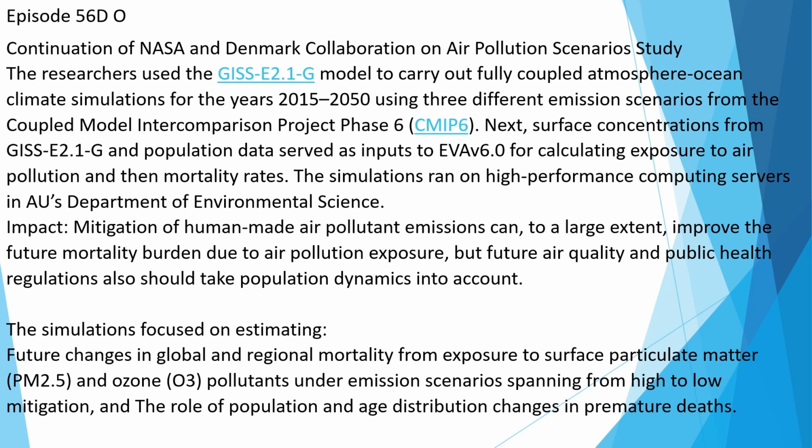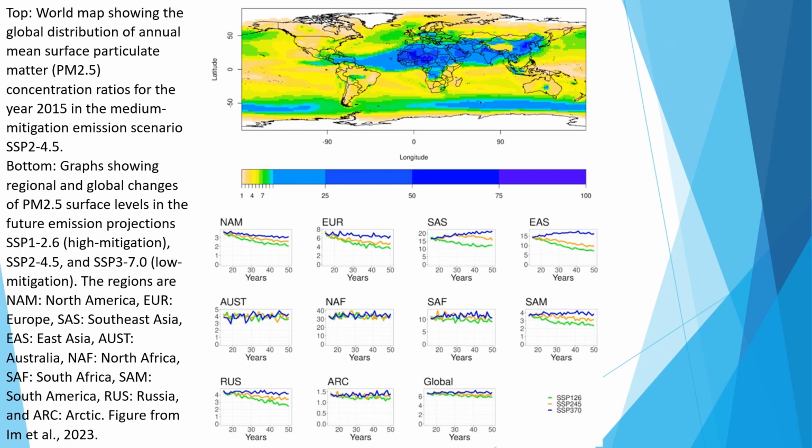The simulations focused on estimating future changes in global and regional mortality from exposure to surface particulate matter, PM2.5, and ozone, O3, pollutants under emission scenarios spanning from high to low mitigation, and the role of population and age distribution changes in premature deaths. Top, world map showing the global distribution of annual mean surface particulate matter, PM2.5, concentration ratios for the year 2015 in the medium mitigation emission scenario